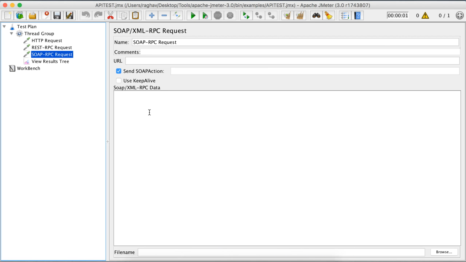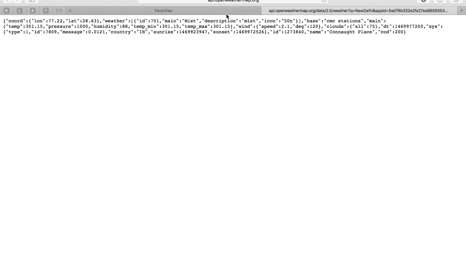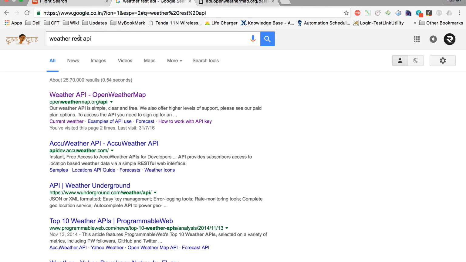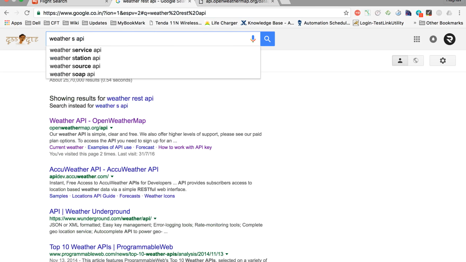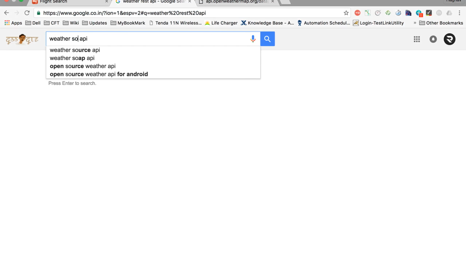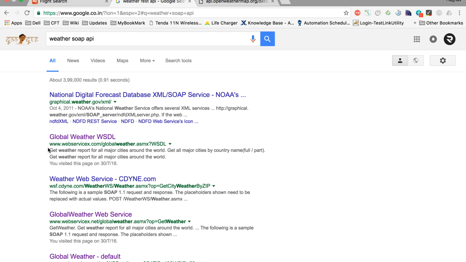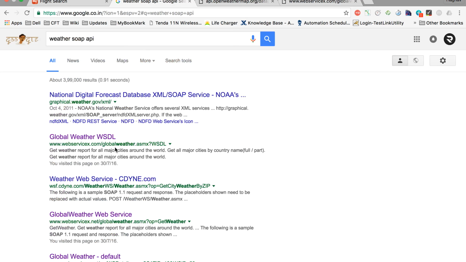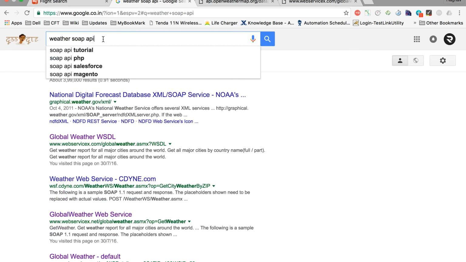In my case, I do not have it, so I will go to the internet and try to search for some SOAP API. So let me search again for a weather SOAP API. Let me go to this Global Weather WSDL. Let me go to this one.